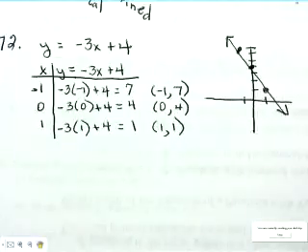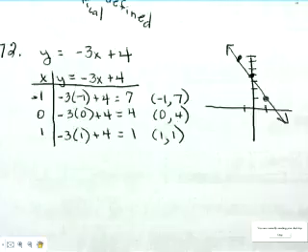All right. Making a table is the first way we learn to graph a line. It's also the most inefficient way. It's the slowest way to graph a line. There are faster ways. But before we can talk about the faster ways, we have to skip down just a little bit on my outline